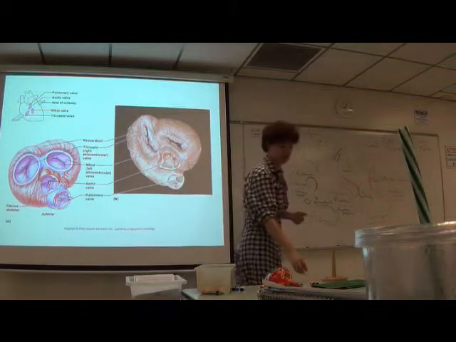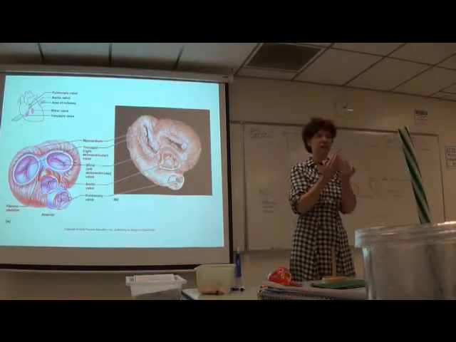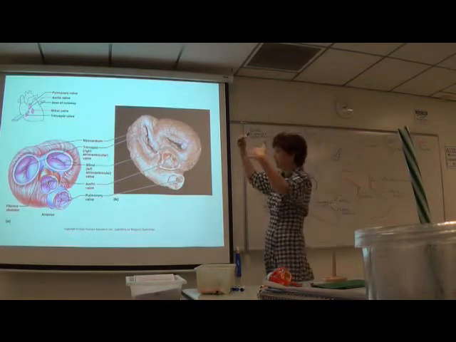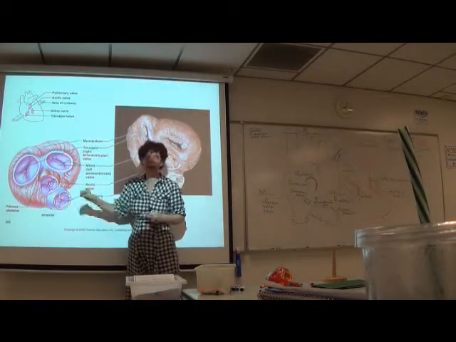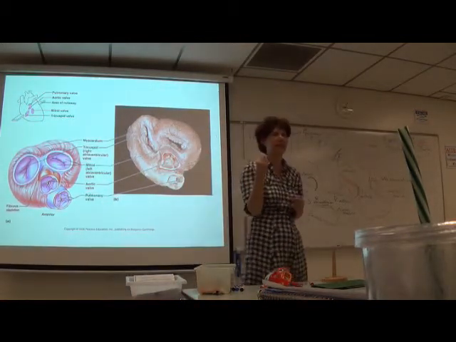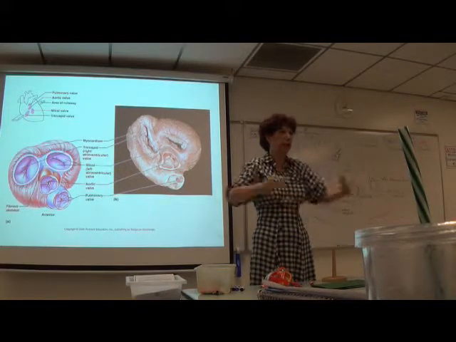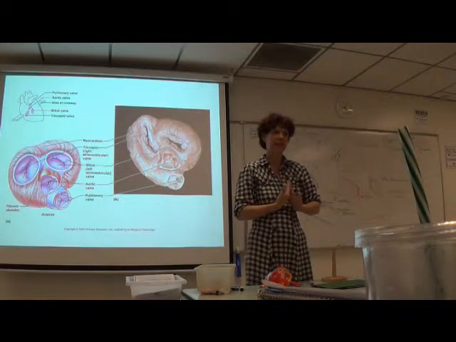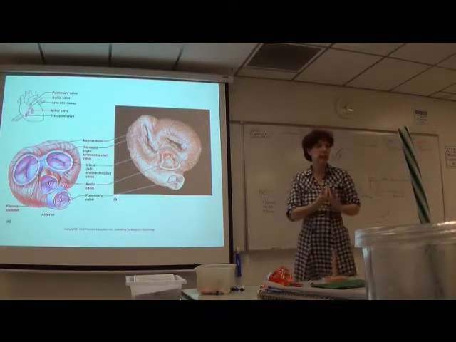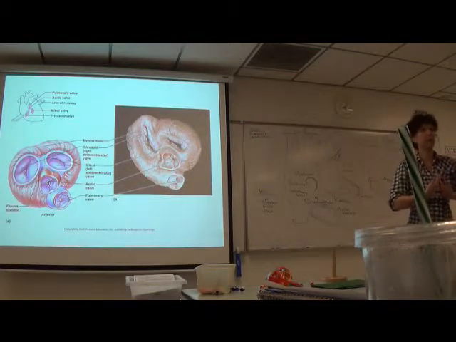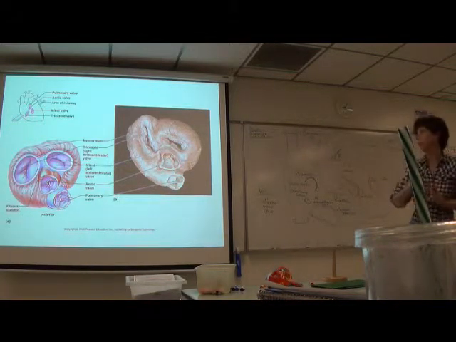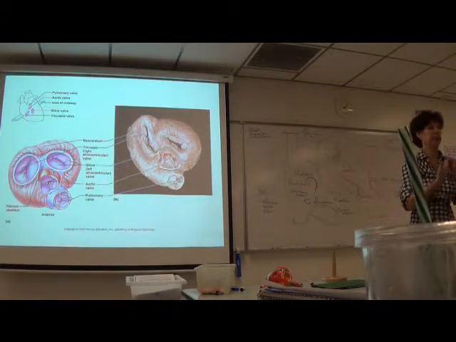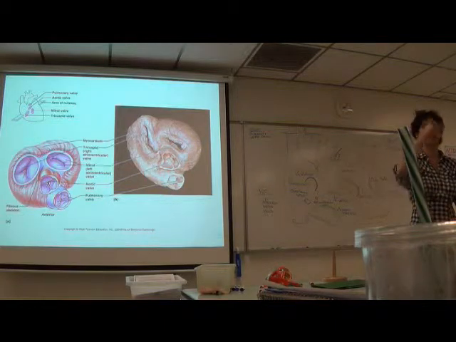And these are like sconces attached to a wall, like three sconces that fit perfectly. So they close when blood flows backwards and fills up these cusps. You'll be able to see them on the sheep heart dissection. While the atrioventricular valves are hanging down into the ventricles, the cusps are oriented in the opposite direction. Again, they close because of blood pressure. So when ventricular pressure rises and becomes higher than pressure in the aorta and the pulmonary trunk, again, we have a whole lecture on this, that pushes the cusp up against the vessel wall